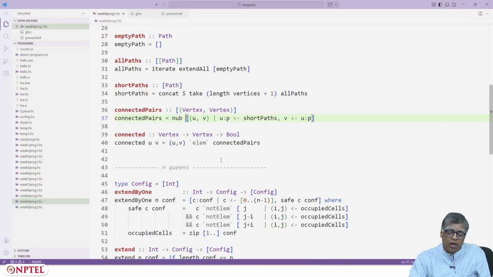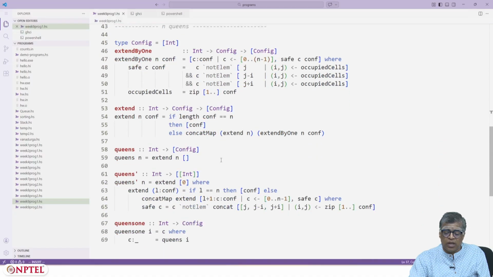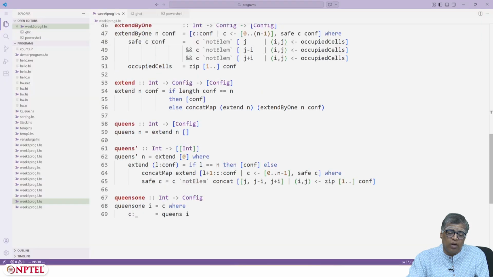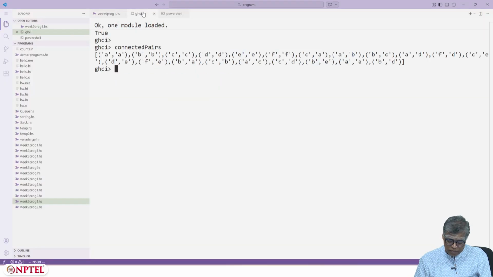As you can see, I have programmed all the things that I explained earlier in this. So let's actually try this. Queens 1 of 8 is what I should try. And you see how quickly you get a solution.